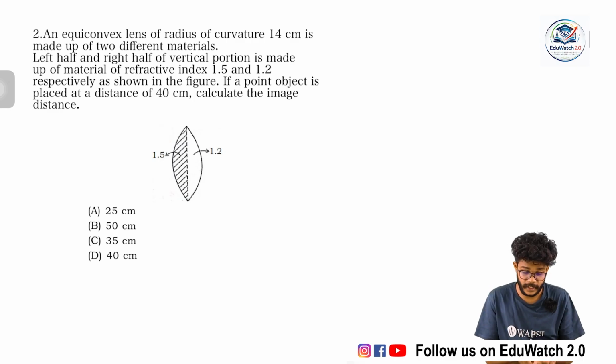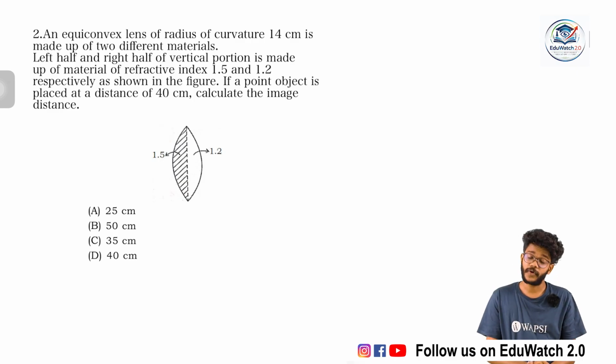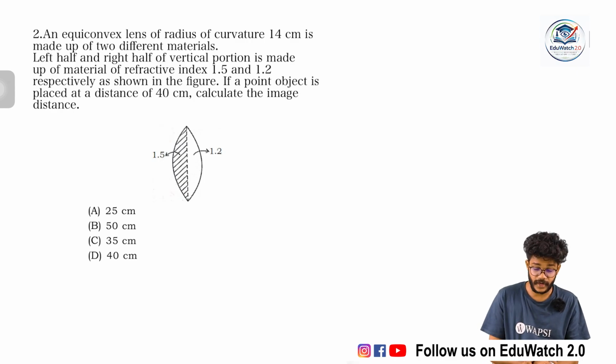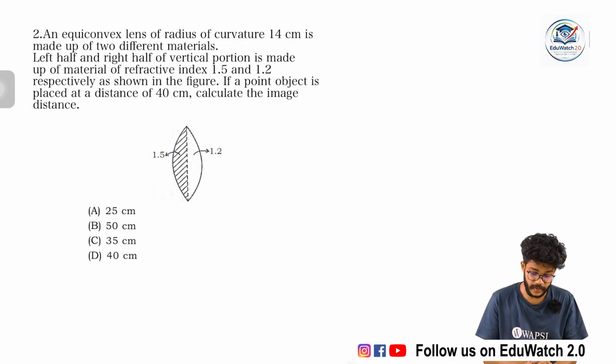It must be different. Okay, and the radius of curvature is 14 centimeter. Left half and right half of vertical portion is made up of material of refractive index 1.5 and 1.2 respectively, as shown in figure. If a point object is placed at a distance of 40 centimeter,